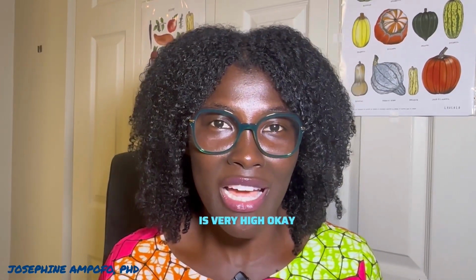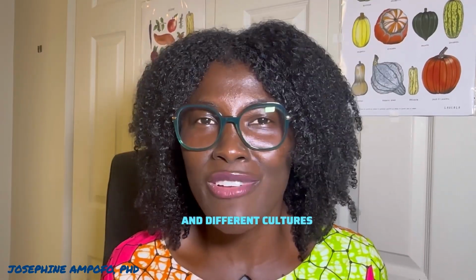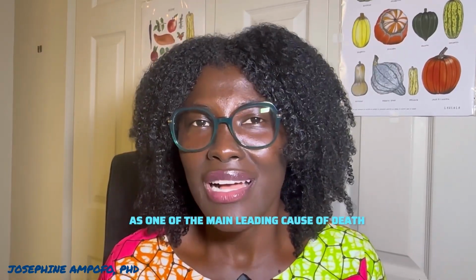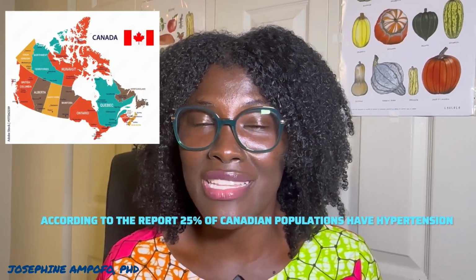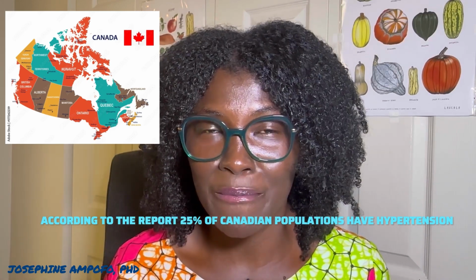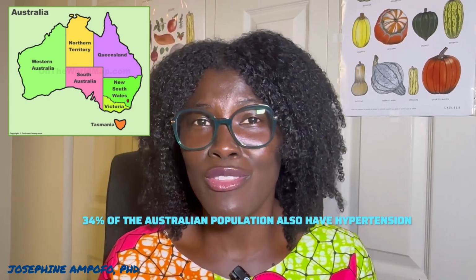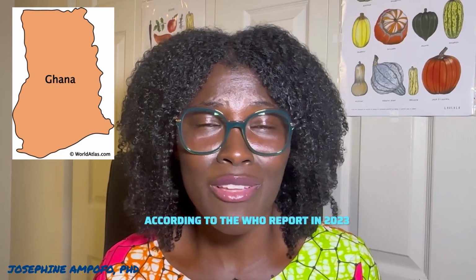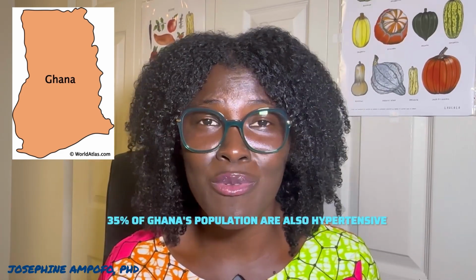vessels is very high. Currently, hypertension has found its way into different societies and cultures as one of the main leading causes of death. For instance, in Canada, according to the report, 25% of the Canadian population has hypertension. In Australia, according to the Australian Institute of Health and Welfare, 34% of the Australian population also have hypertension. In Ghana, according to the WHO report 2023, 35% of the population are also